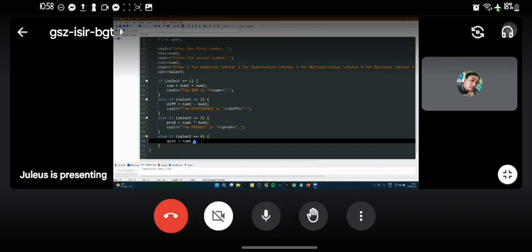What do we use in dividing num1 by num2? Slash. Alright. So anything else you would like to add with this particular one?